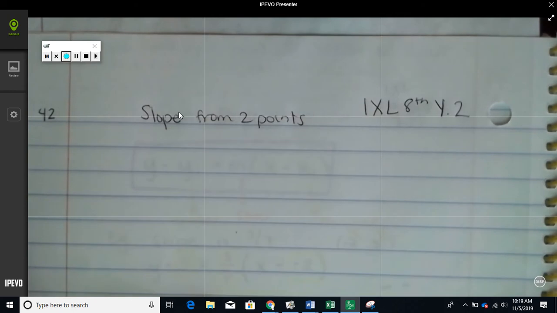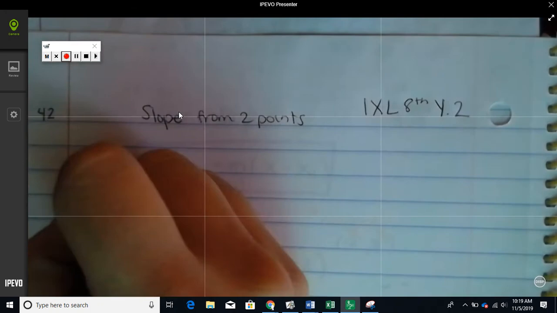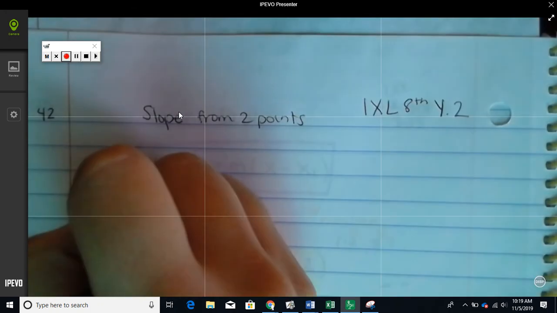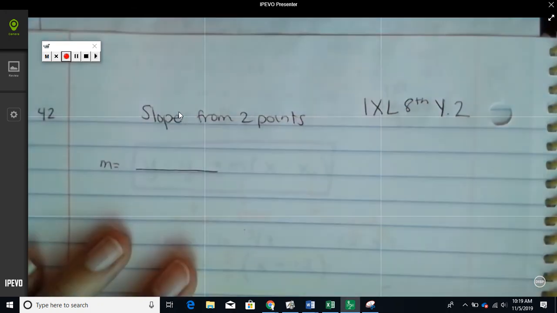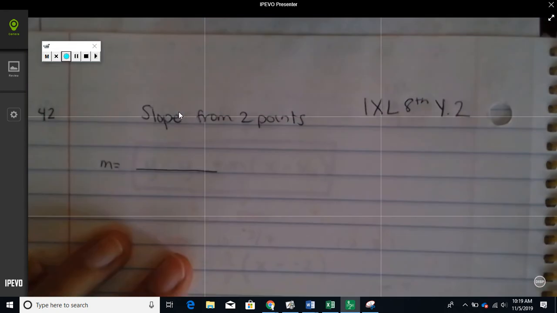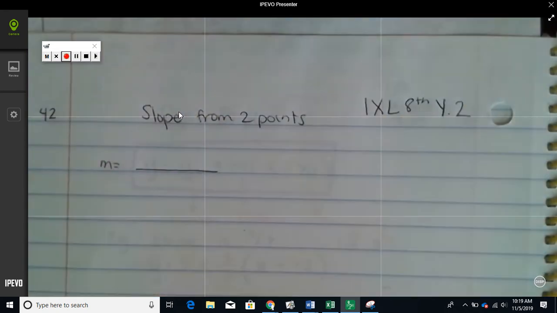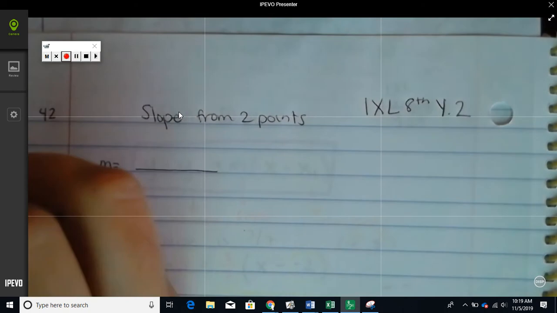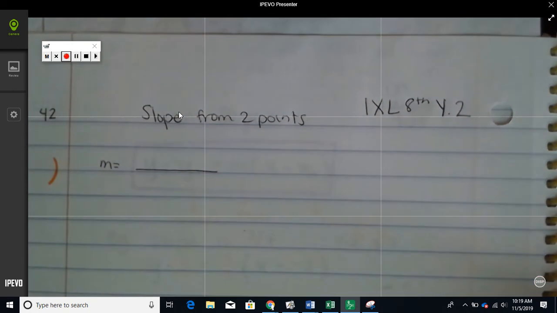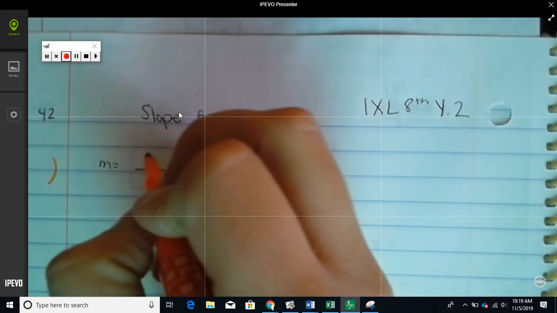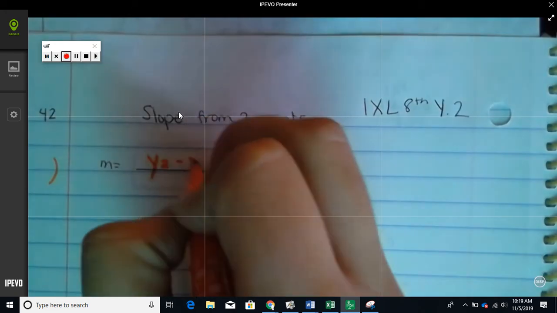So what we're going to do today is we're going to find the slope from 2 points the same way we've been doing it before. We're going to find the change of Y over the change of X, just like when we did on the tables. Do you remember doing this on the tables? Finding the change and then finding the change. We're doing the same thing, but this time we only have 2 points. And so what we're going to do is put Y2 minus Y1